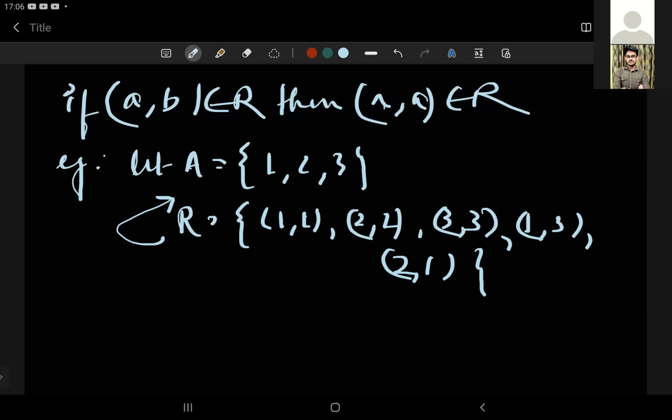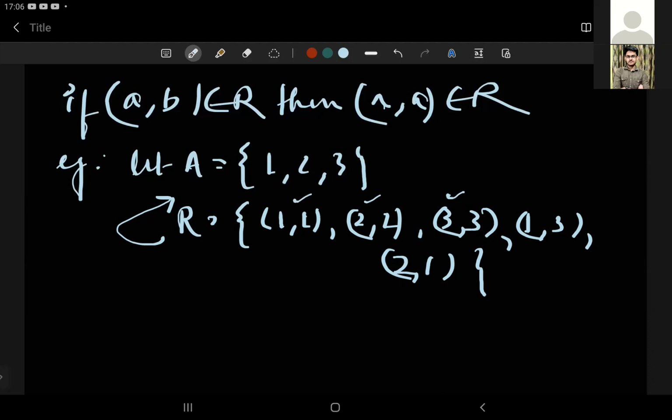Achha. How is it? Anyone tell me. So it has both A comma A pairs and A comma B where A is not equal to B. So both types, for example, it has 1 comma 1, 2 comma 2 and 3 comma 3 and also 1 comma 3 and 2 comma 1. Okay, sorry. In such cases, I'll tell you a trick. Don't care about these elements, right? Because these have to be there.